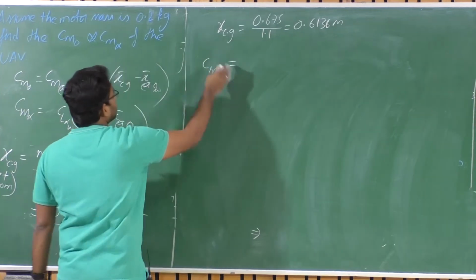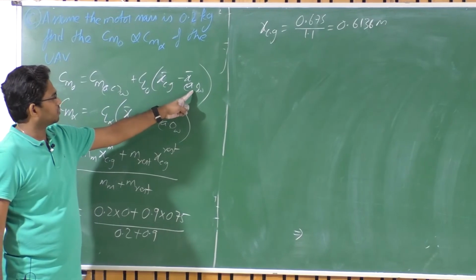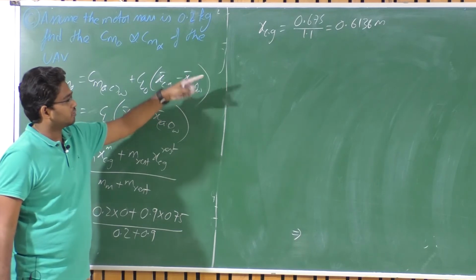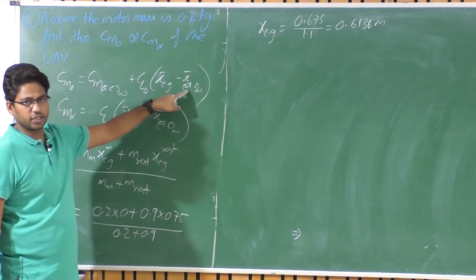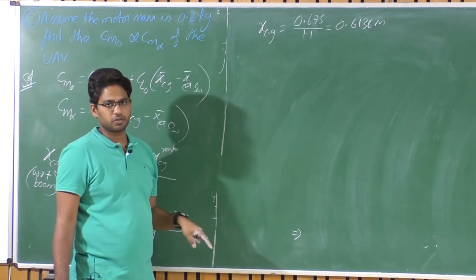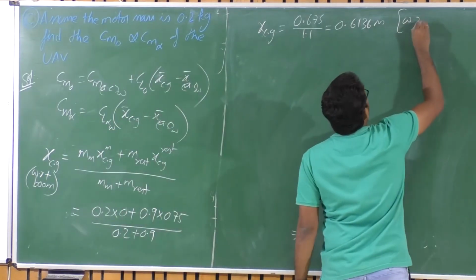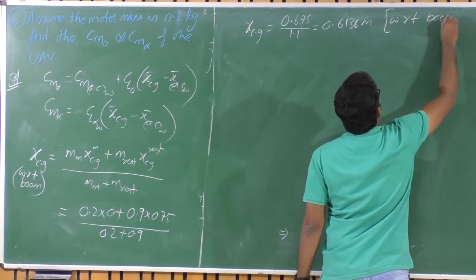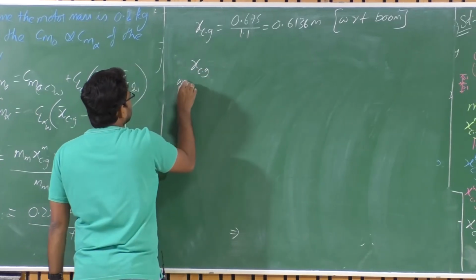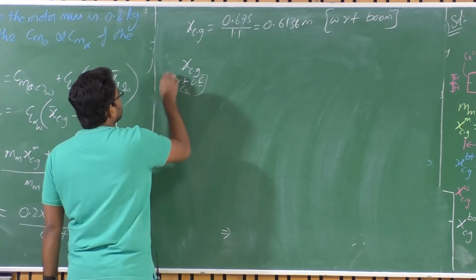So now I have to shift this CG location. This equation needs this distance either with respect to the aerodynamic center with respect to the boom, or with respect to the leading edge. I prefer shifting the CG from the boom to the leading edge of the root chord. Okay, so this is with respect to the boom. Now if I have to shift this to XCG with respect to the leading edge of the root chord, what I need to do,